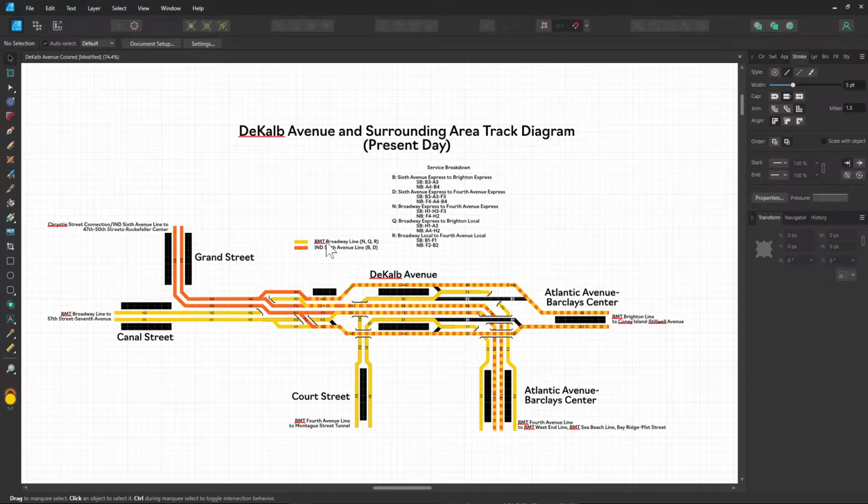Alright, yeah, title, color coding, station names, where the tracks continue on to, track names, or track numbers. And then what each service does, and specifically what tracks it uses. Yeah, I think with that, it's done. The next stream will presumably be me making the track diagram for the station in this area as it existed prior to the rebuild in the 1950s. But that's all I've got today. So thanks for watching, and I'll see you in the next